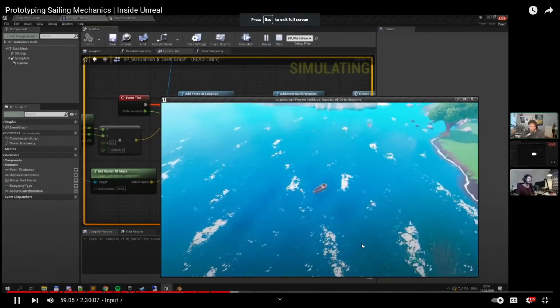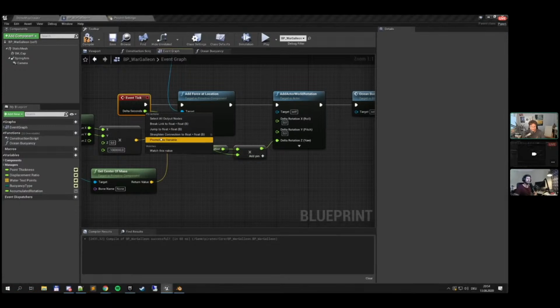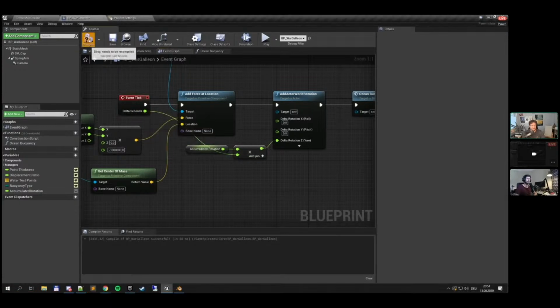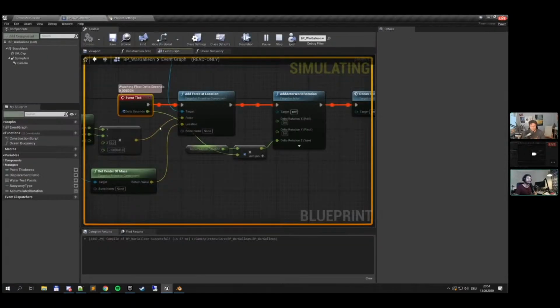The main problem is I'm thinking in the wrong direction. This is a pretty low number. So let's start this again, and then why is it important to use delta seconds though? As I said, otherwise your input is depending on the frame rate. So if the frame rate is really, really high, then your boat is turning like super, super fast. And when the frame rate is low, your boat is turning slower. So every time you do this kind of input stuff, or if you manipulate your boat,